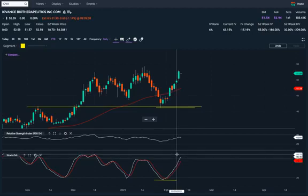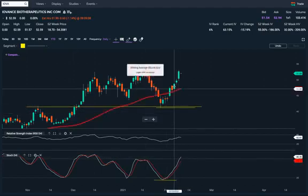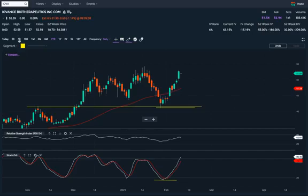Go out a month, 2 weeks, a month, depending on what expirations they have, and then you want to sell at the top of this range. And if I go to the 5-minute time frame,